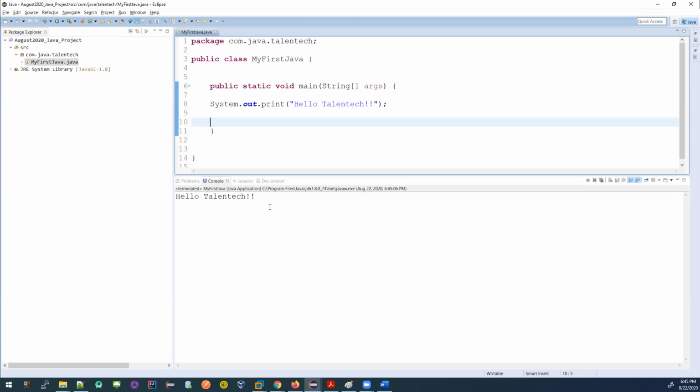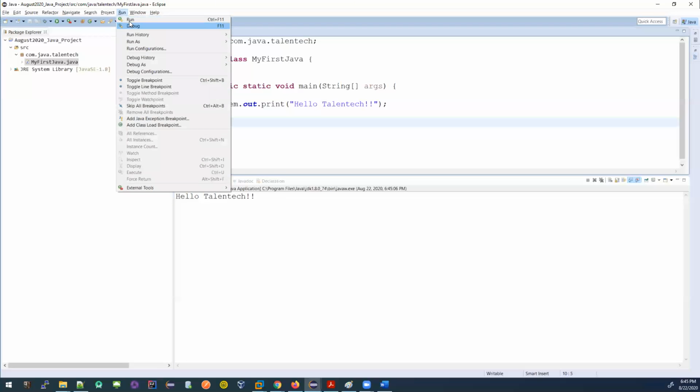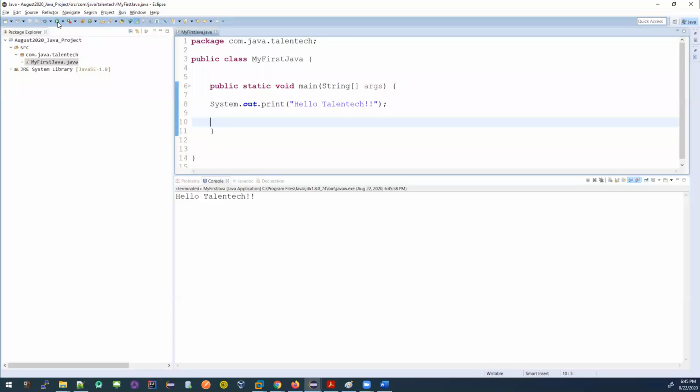Okay, very good. So any Mac users can use Command and F11. That should do the work. The shortcut for Windows is Control and F11, which will execute. Or you can go to Run and click in here, or there is a green button. You can execute from here. When you're saving, it's basically compiled already. The IDE is very intelligent.